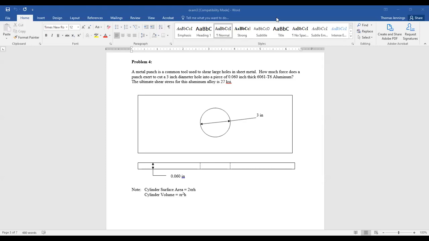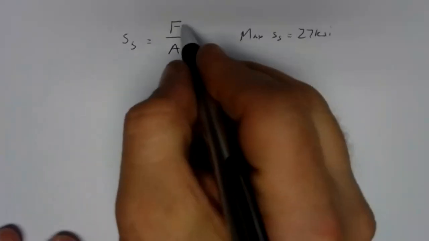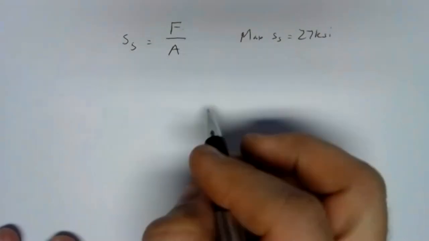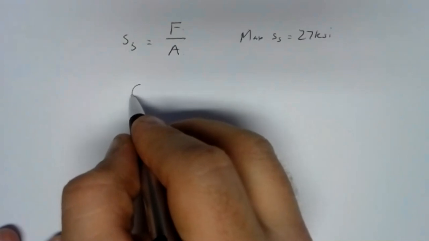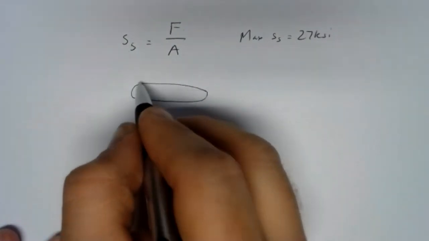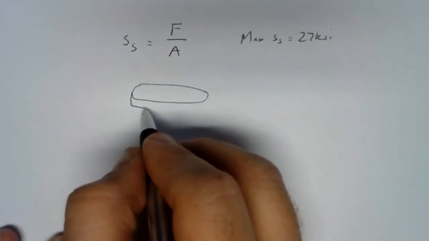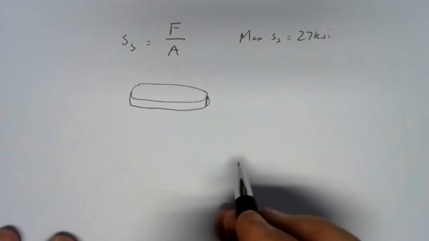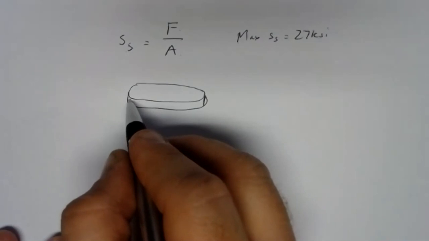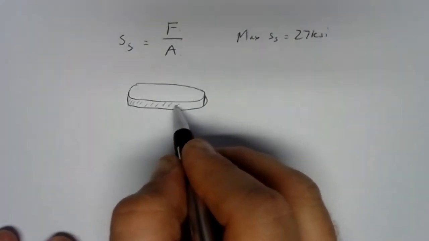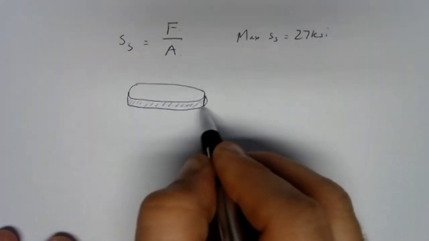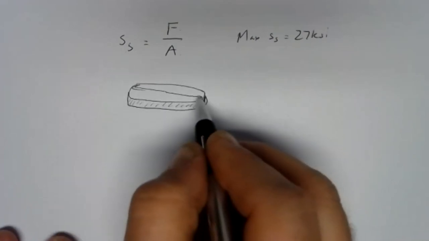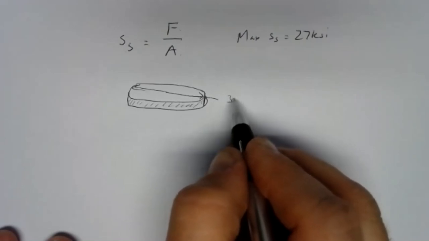So we have to achieve that shear stress with some amount of force. We know the area, though. The area is a cylinder, and I'm going to try to sketch that cylinder, the plug that is removed. The area that broke is all that area around the outside. This thing has a diameter of 3 inches,